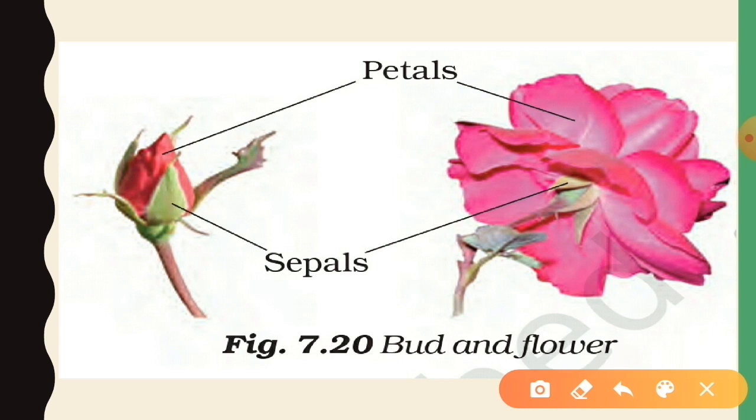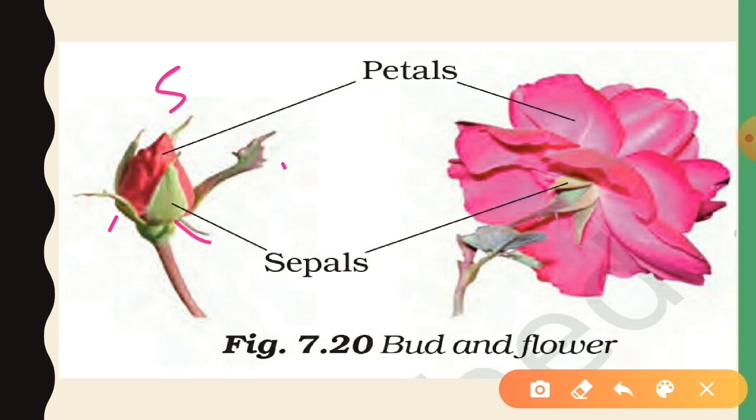Now students, at the bottom you can see a leaf-like structure which is green in color. It's called sepals. So let's count it. If you count, you will find out that in the rose plant there are 5 sepals. So these are 5 in number. I am writing 5. But there are many petals. So we can see that.